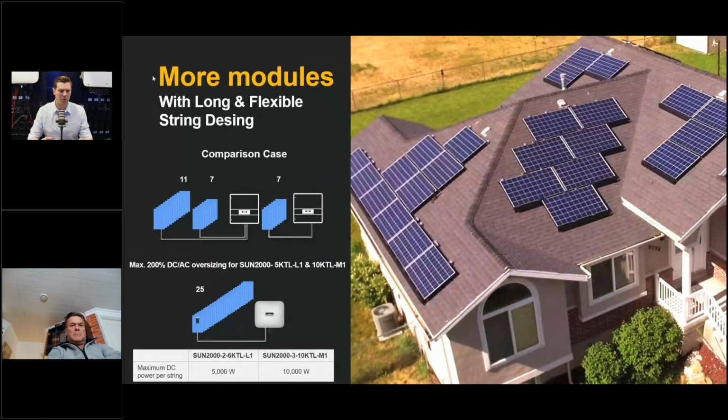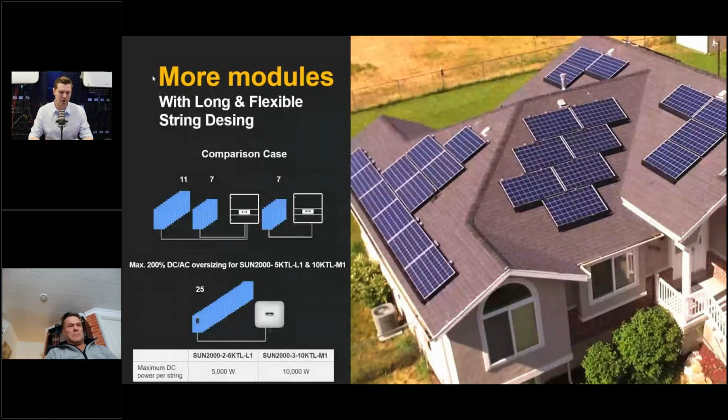If, for example, we have a situation like on this rooftop, we might not be able to connect those 3 PV modules, which are the last on the rooftop, to the existing string, because we would exceed the maximum voltage level. But at the same time, if we connected them to the second MPP tracker, its voltage wouldn't be enough